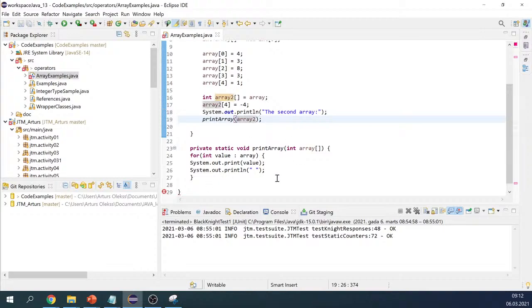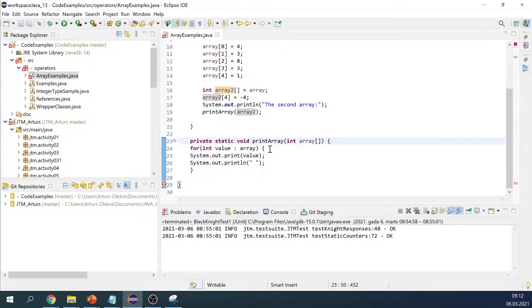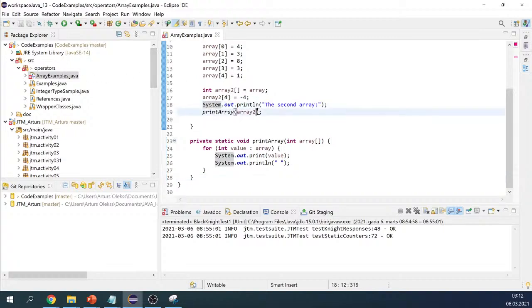I just printed, that's why we cannot have the returning tag. Right, and so you can see that we changed